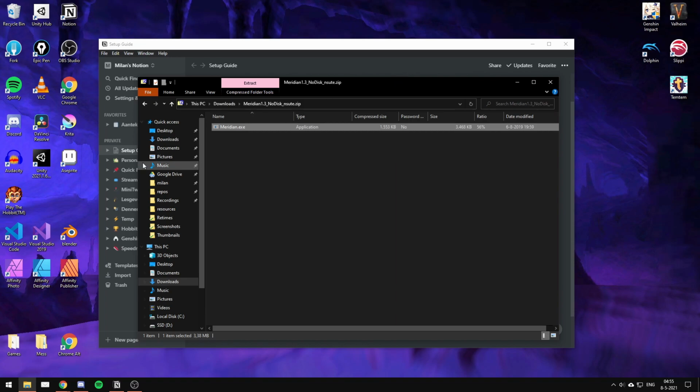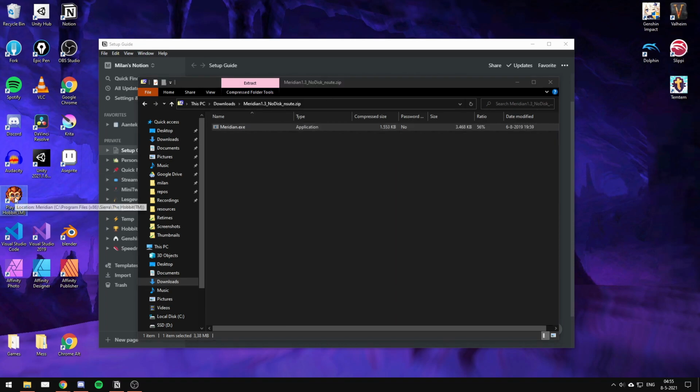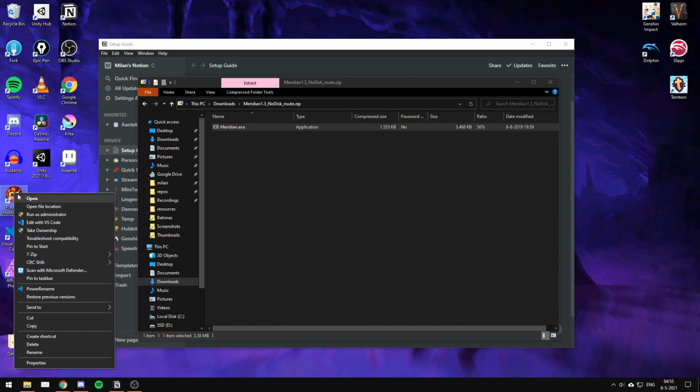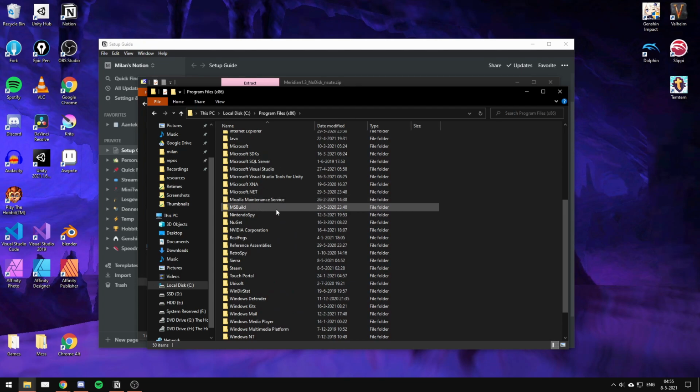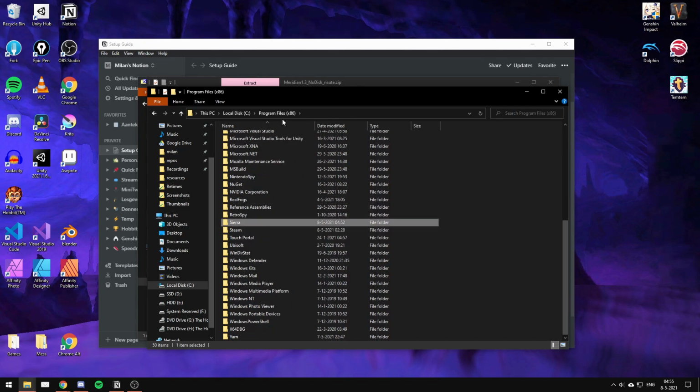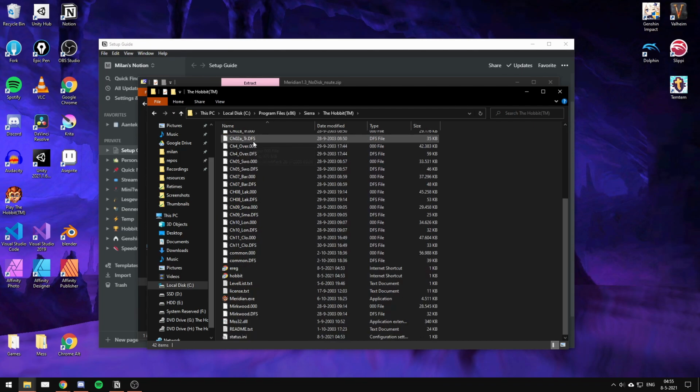Now what we're going to do is go to our desktop and we're going to see our Hobbit icon here. If you didn't get the icon, then you'll have to do an extra step. But for now, we're just going to right click this and go open file location. And this is going to take us to the directory where the Hobbit itself was installed. If you didn't get the desktop shortcut, you will have to go to this on your PC. So C, program files x86, sorry, Sierra, the Hobbit,